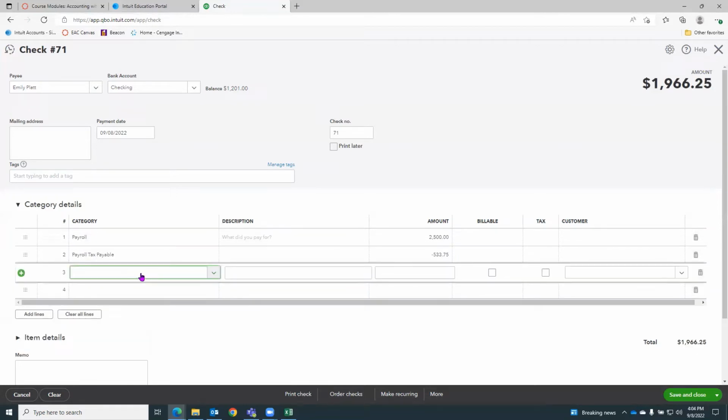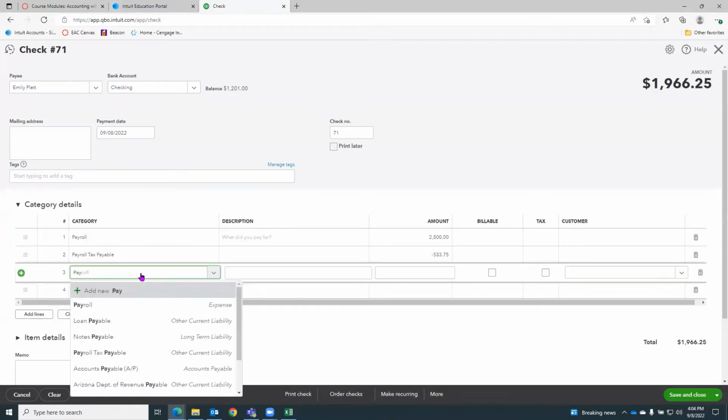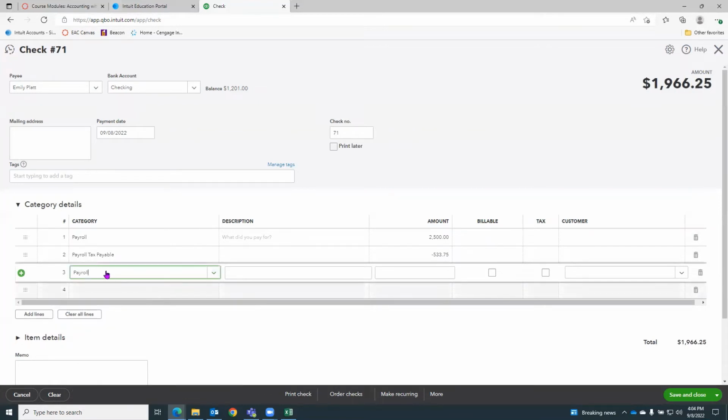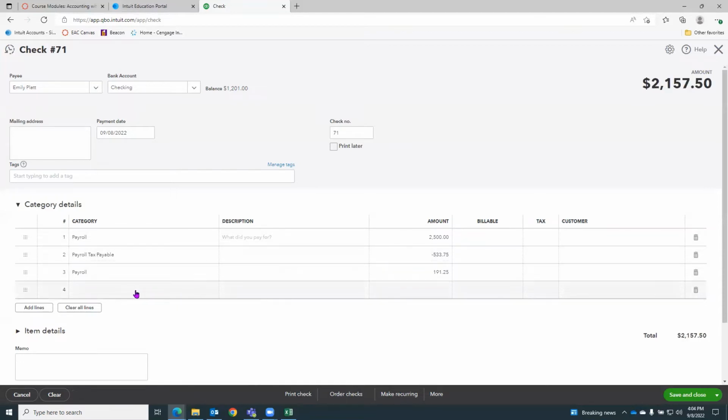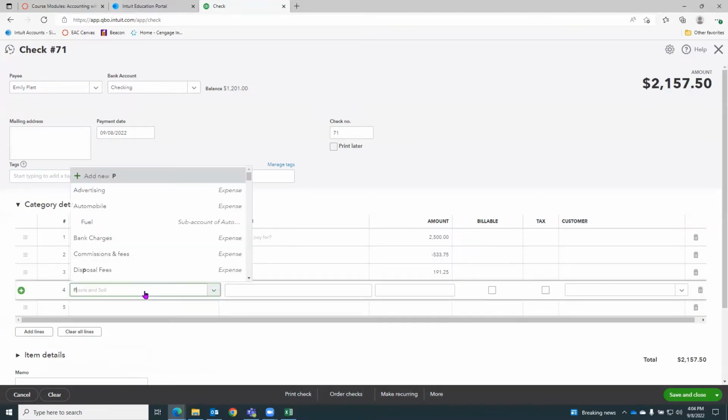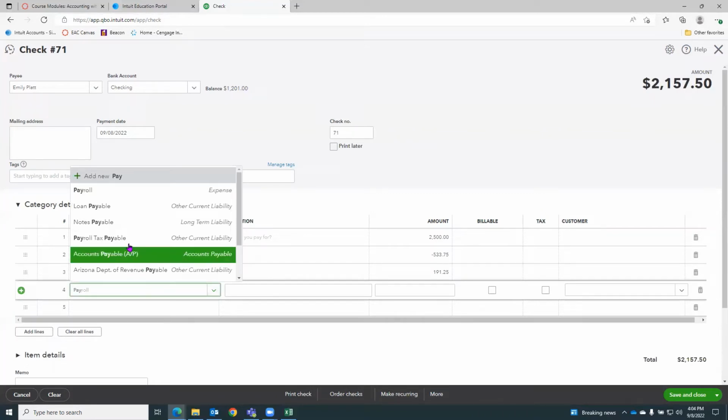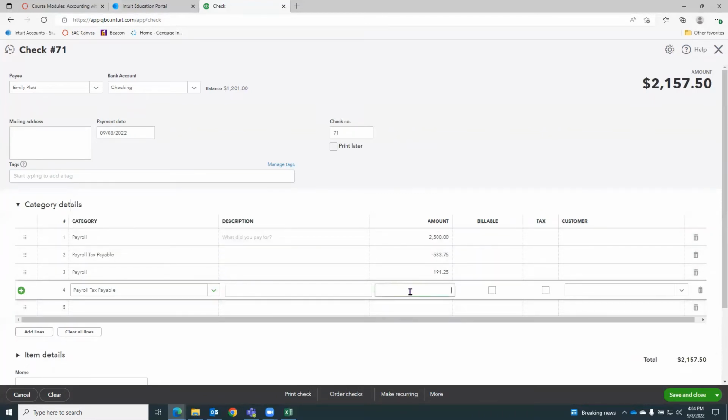Then we're going to go down to line 3. We're going to hit payroll, which creates a payroll expense for us. And we're going to put the amount that we have to pay, which is $191.25. And then on the line below it, we're going to do payroll tax payable and do a negative